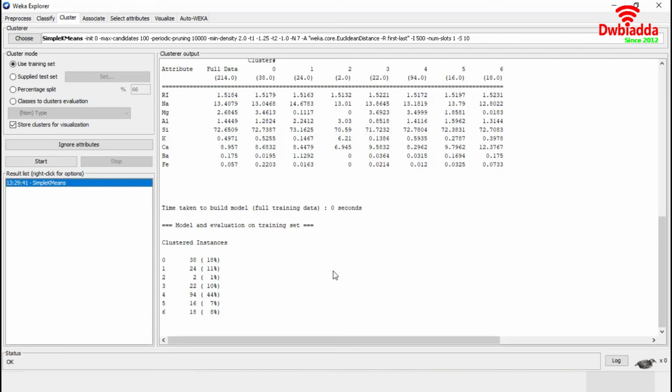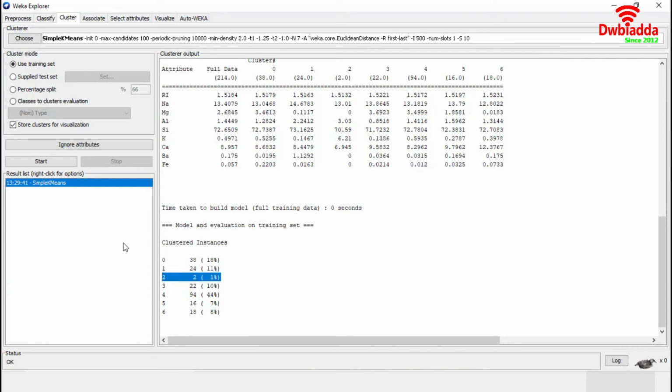We had a total of 214 instances. So in the first cluster, there are 38 instances. In the second cluster, we have 24 instances. The third cluster contains only 2 instances. Similarly, the 5th and 6th clusters contain 16 and 18 instances respectively.